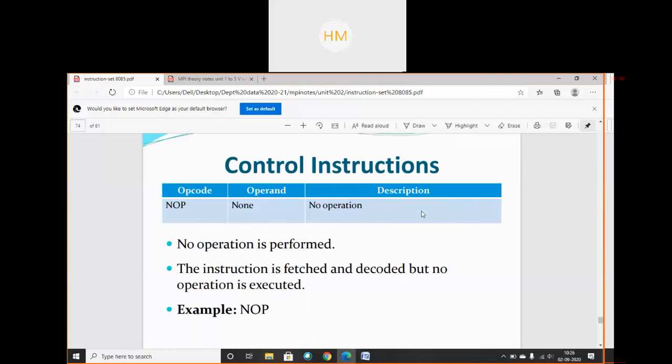So why is this instruction there when it doesn't perform anything? What is its role? That means when we require that the microprocessor should not perform any kind of operation, then I will use NOP. No operation is performed. The instruction is fetched and decoded, but